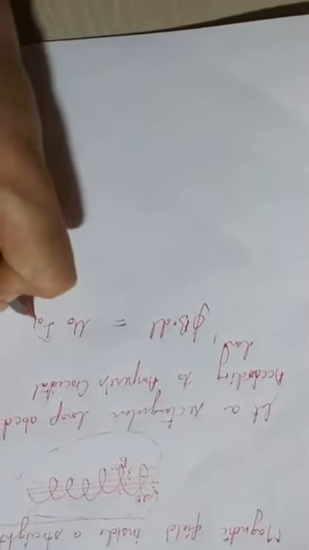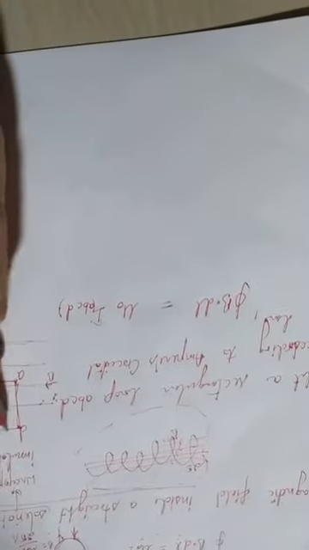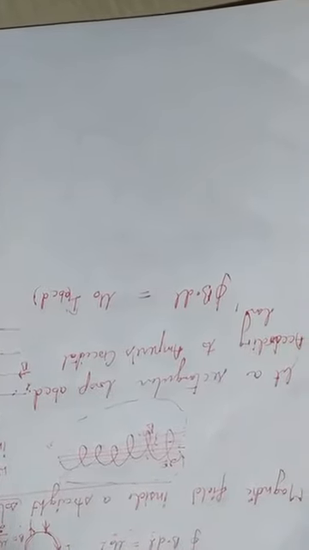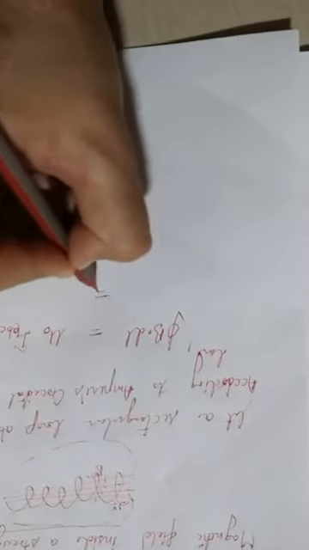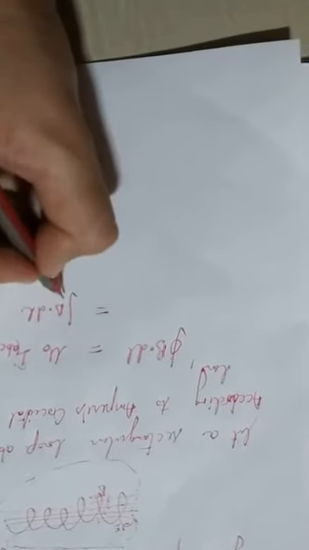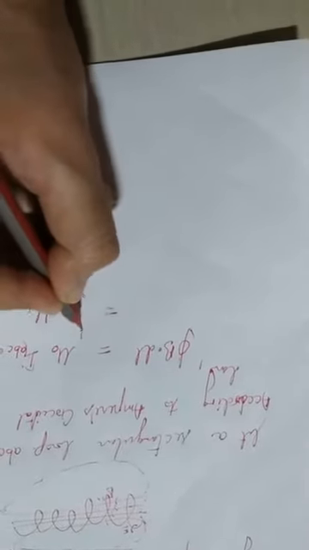Now this total current is along ABCD. That is the loop, and in this loop the current I is flowing in this direction. Then how can we find the magnetic field? Now we will find this magnetic field along all parts. First, the magnetic field along AB, that is A to B.